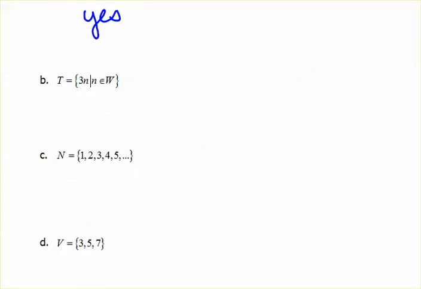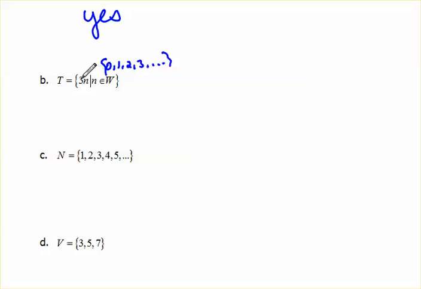For part B, it gives you a formula. And B says that we're talking about the set T, which is the set of 3n, so it gives you the formula. Remember that straight line means such that the n is an element of the whole numbers. So remember, your whole numbers would be like 0, 1, 2, 3, dot, dot, dot, on and on. Okay, so if I were to write out a few of these terms, if I were